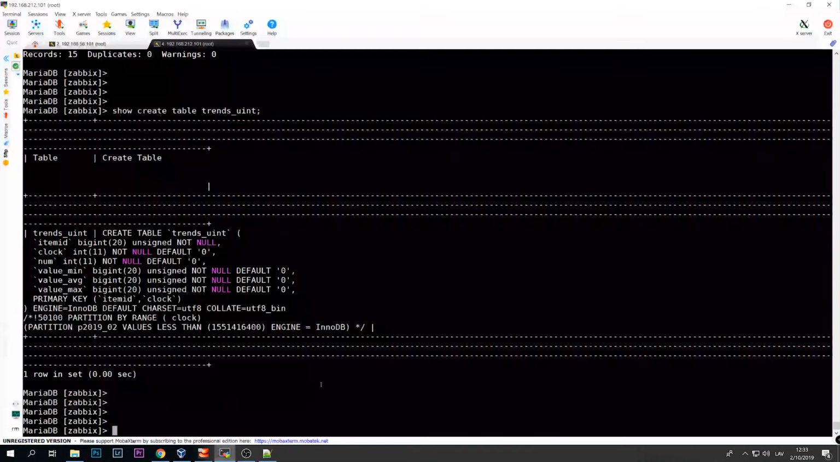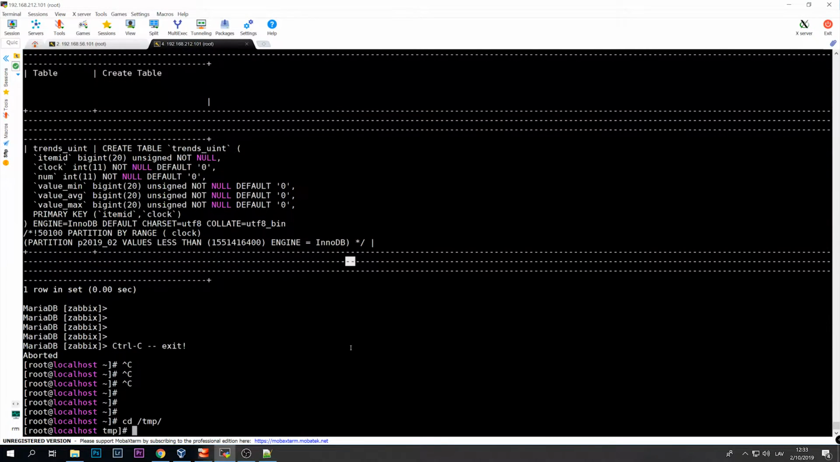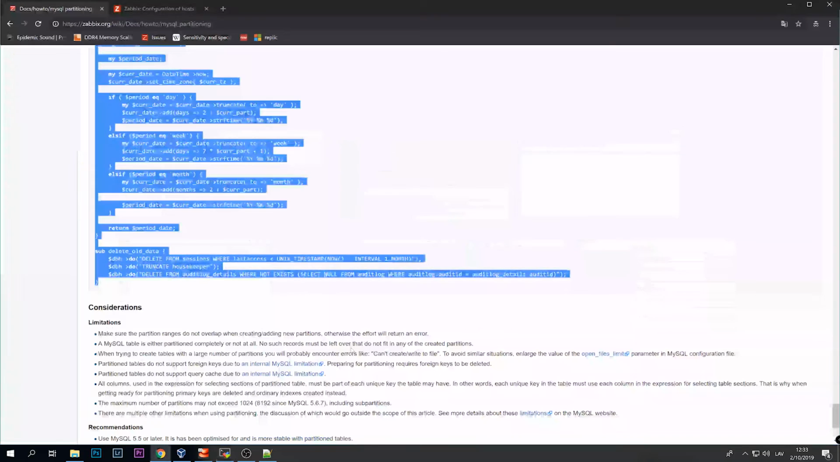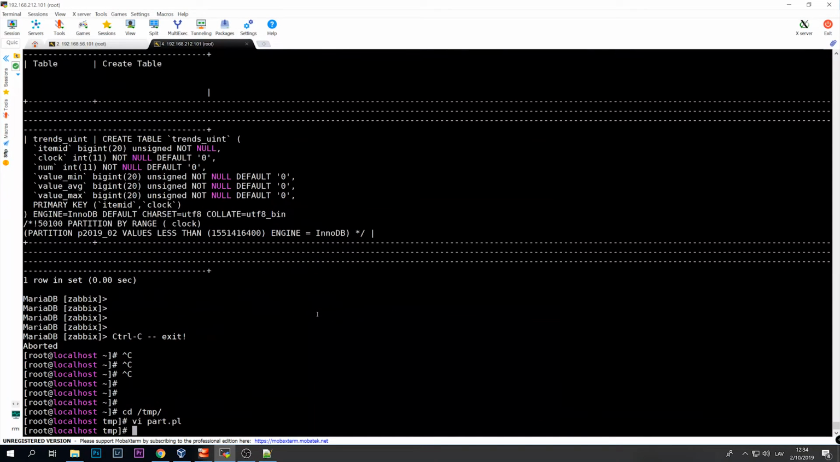Control C, and I will quit the database now. I will move to the temporary folder. That is a Perl third-party script for the partitioning. So vpart PL, copy paste the script,